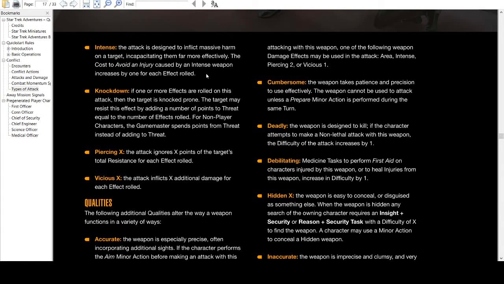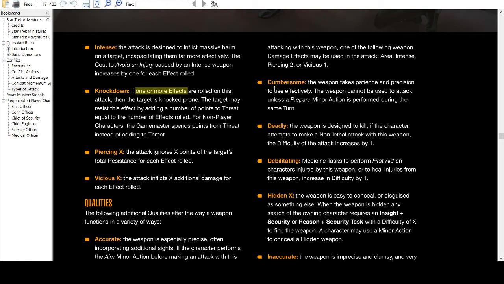Knockdown. So the way this is worded is that knockdown only applies if there is one or more effects. And I think we might have seen one of the weapons that has this effect from the pre-gens. But that's something to bear in mind, that knockdown is mostly a secondary effect that comes into play after maybe a prior effect. But that also raises the question that if knockdown is the only effect that